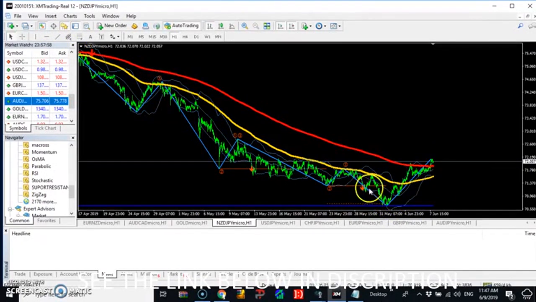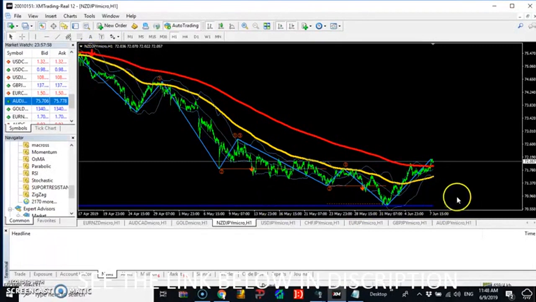If you did not turn off the signal of pattern 1, 2, 3, you will understand that as it was coming down, you got pattern 1, 2, 3, your target should always be this support. If you get the next 1, 2, 3, your target should be support. If you get the next 1, 2, 3, your target should be support. That is if you did not turn off the signal of this pattern 1, 2, 3. But if you turn off the signal of pattern 1, 2, 3, this arrow is your entry. Okay, so when this arrow came up,